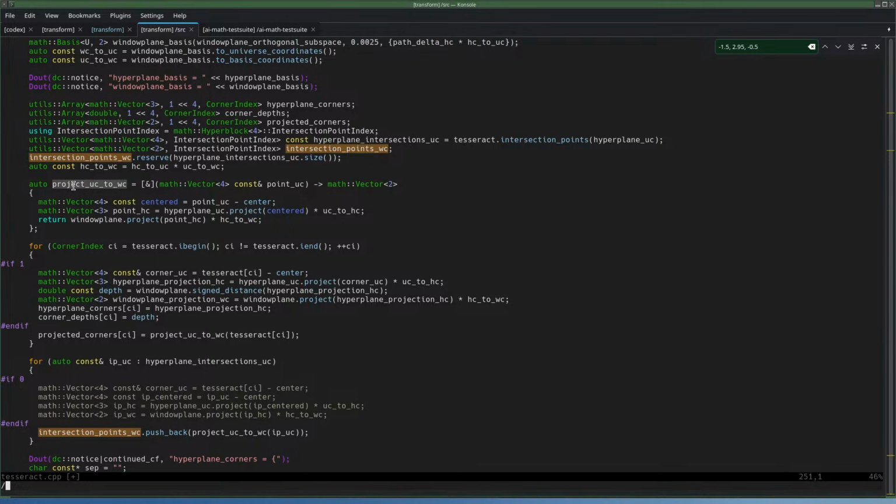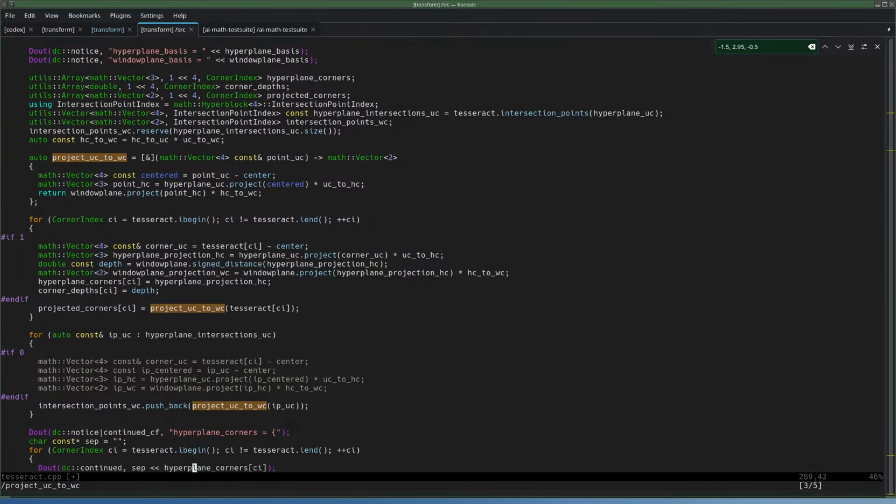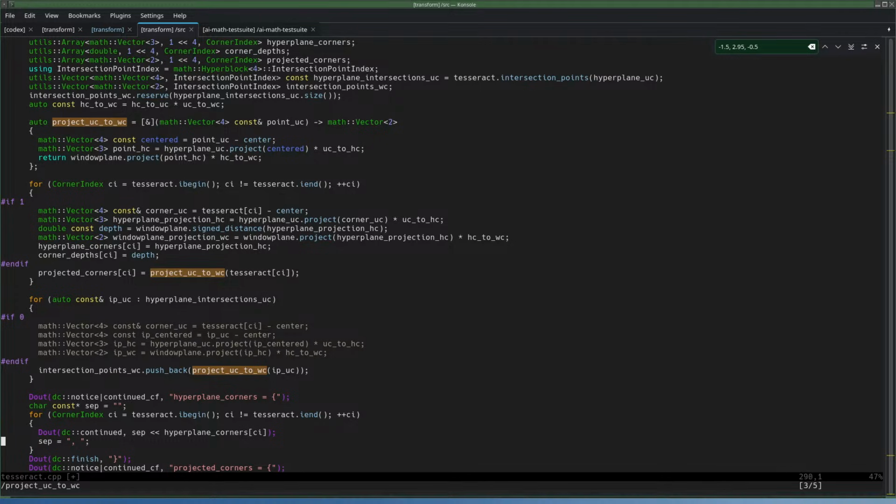Okay, so we have this project universe coordinates to window coordinates lambda, and that would work here, I think. Now I remember. So I'm going to pass another vector to the lambda,